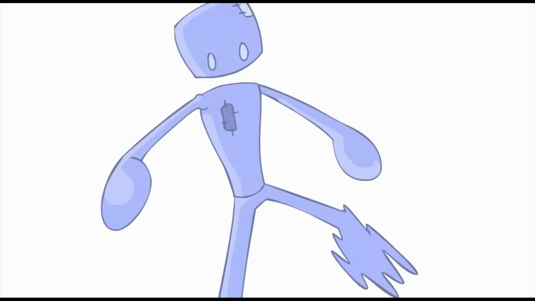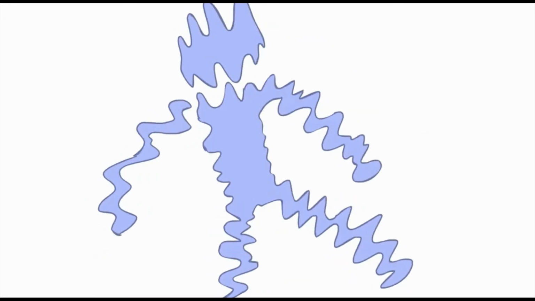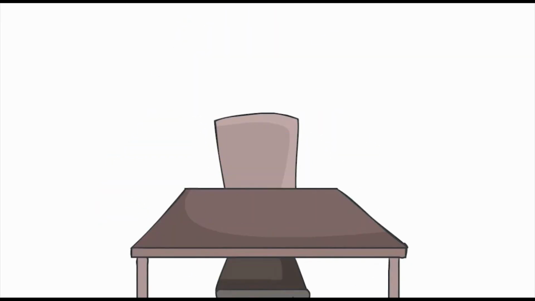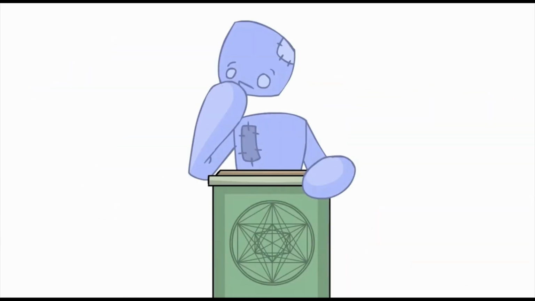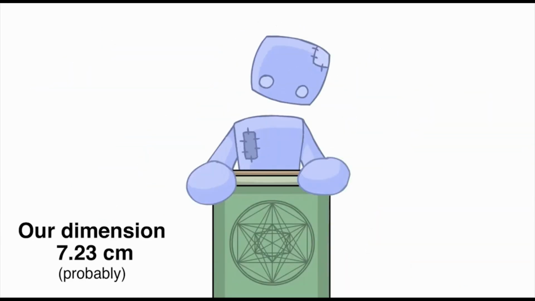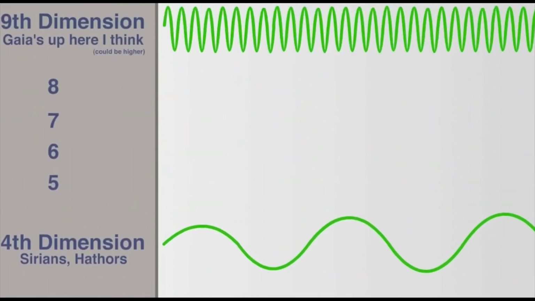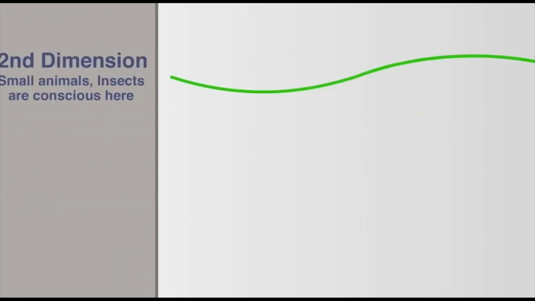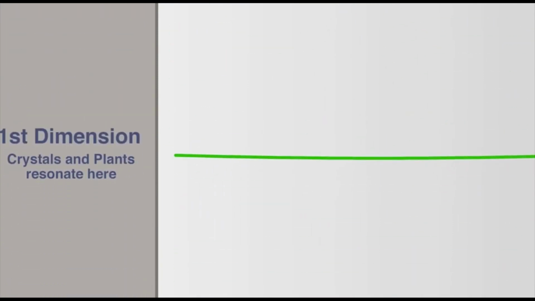If you were to change the wavelength of your consciousness, and in doing so change all of your body patterns to a wavelength different from this universe, you would literally disappear out of this world and reappear in the one you were tuned in to. It's been theorized that the base rate wavelength that we're currently living in is 7.23 centimeters. As you go up in dimensional levels, the wavelength gets shorter and shorter, with higher and higher energy. As you go down in levels, the wavelength gets longer and longer, with lower and lower energy, more and more dense.